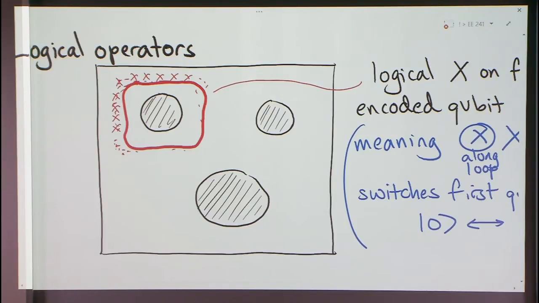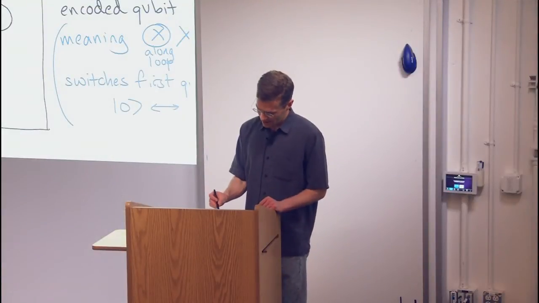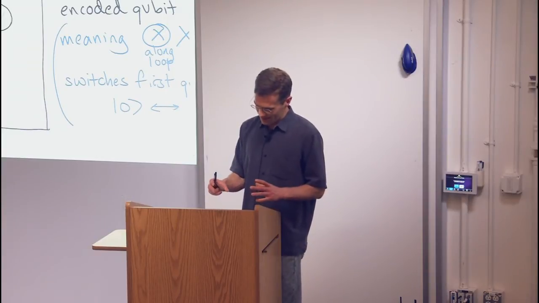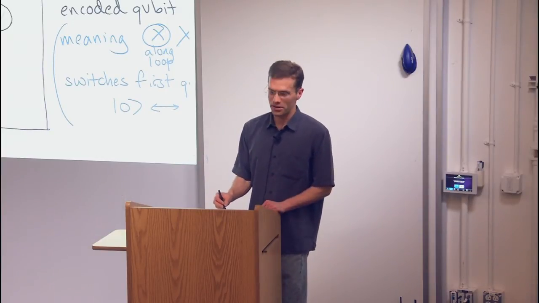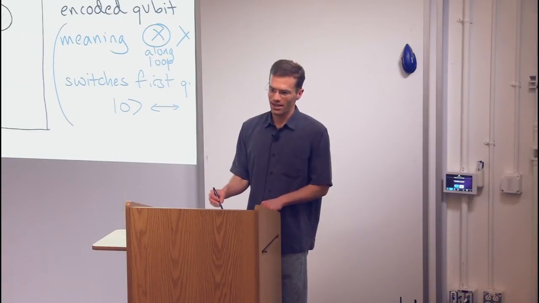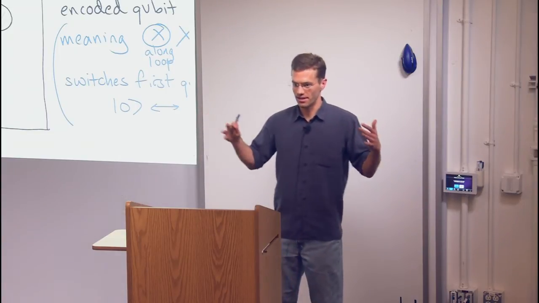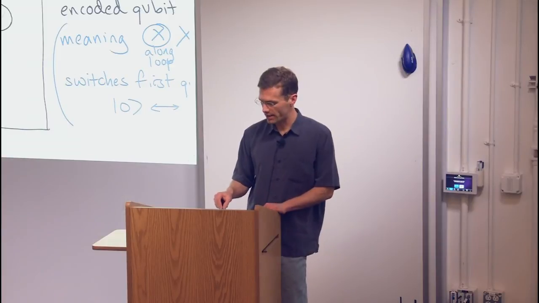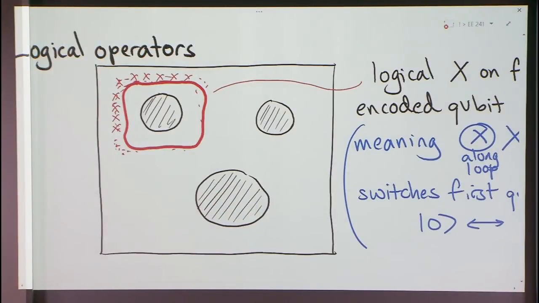Sorry, and if there were a large number of cycles already and it intersects all of them, how do you see that it changes it? Yeah, isn't that funny? Right. So the question was, what if there's 10 cycles in this string net going around this first hole, or some huge mess, and you apply X's around this cycle. Why does that still switch between 0 and 1? Why does that still take a valid state to a valid state?